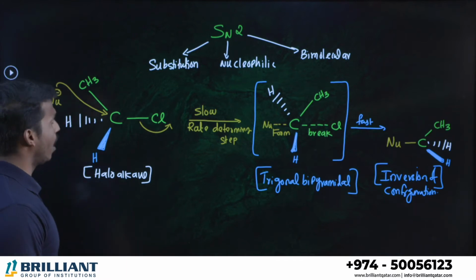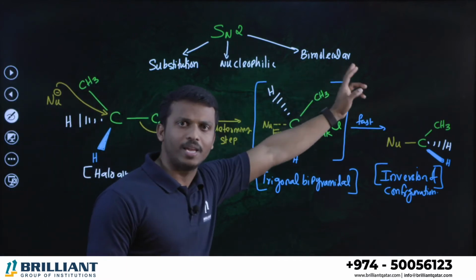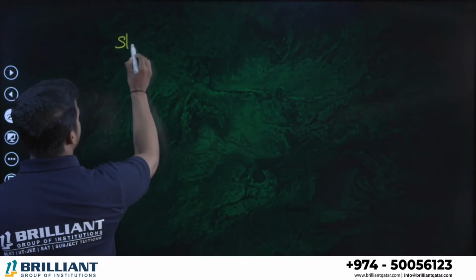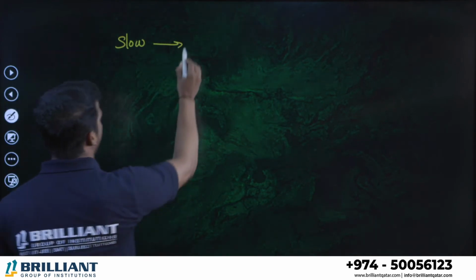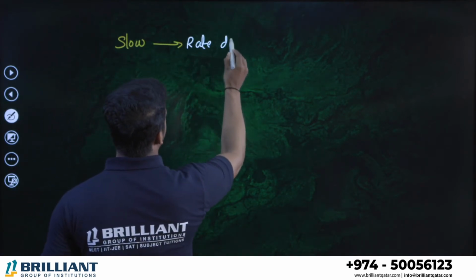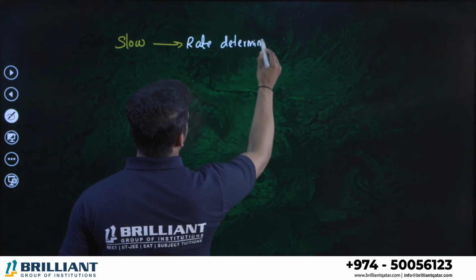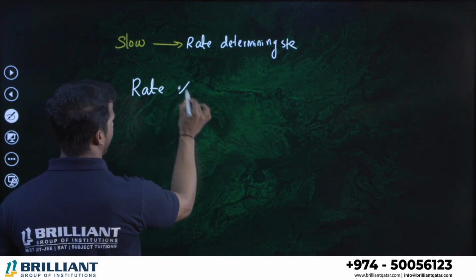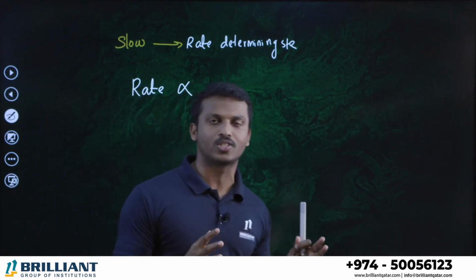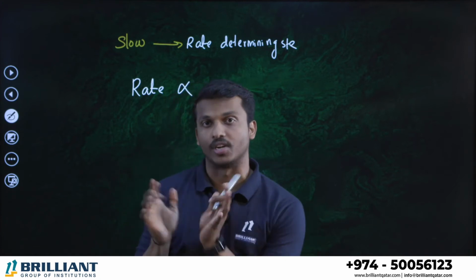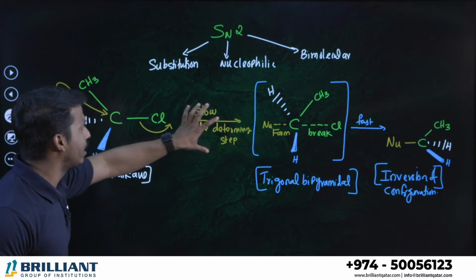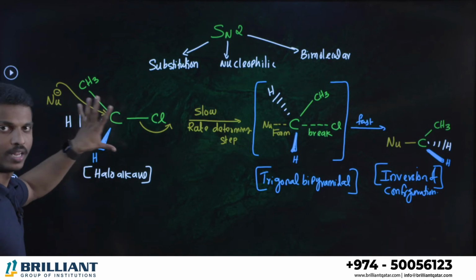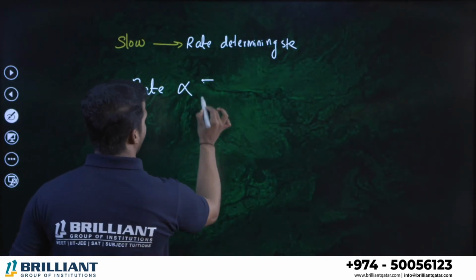Now, can you tell me why it is known as a bimolecular reaction? I told you that the slowest step is always known as the rate determining step. The speed of a reaction mainly depends on the reactants, on how much concentration you have. All of you please observe the rate determining step, how many reactants you have. Haloalkane is one of the reactants. So rate definitely depends on